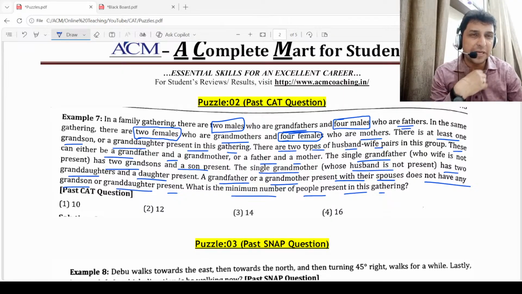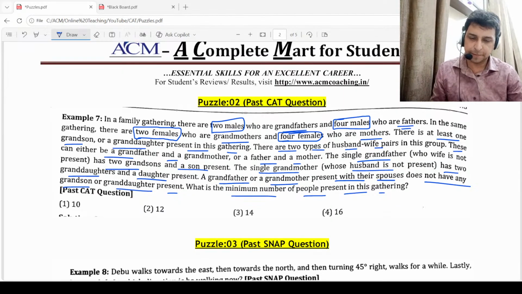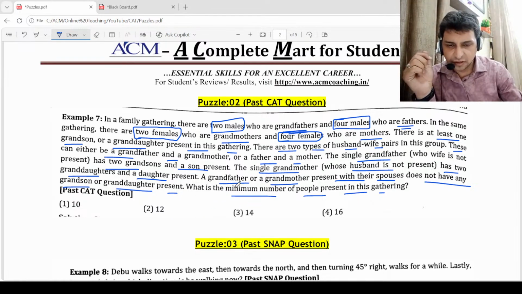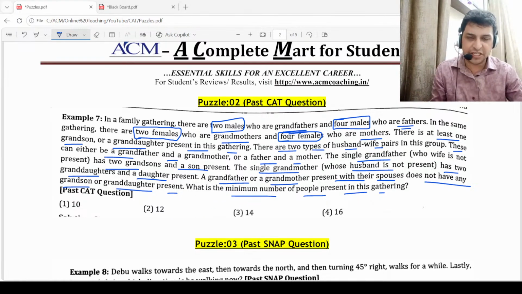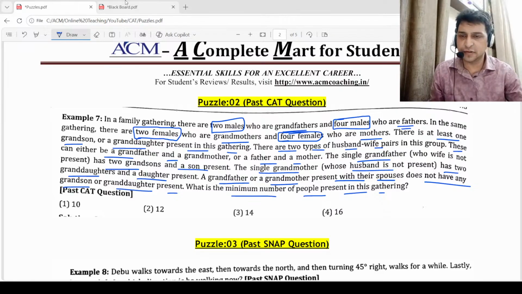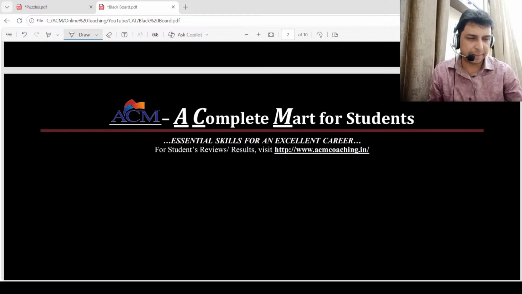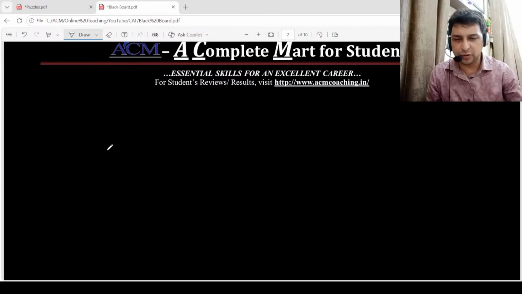Now, when we talk about the minimum number of people in the gathering, that means we need to make a family tree. Now, in a family tree, if you guys know about it, let's understand a bit about the family tree also. In the family tree, when we solve a question,